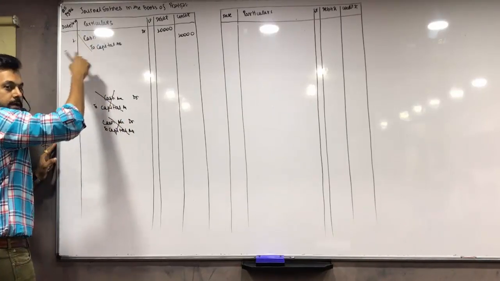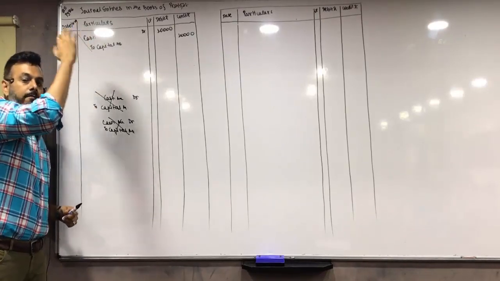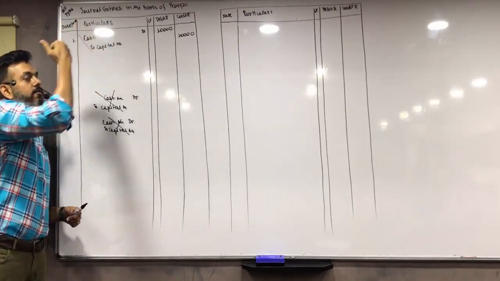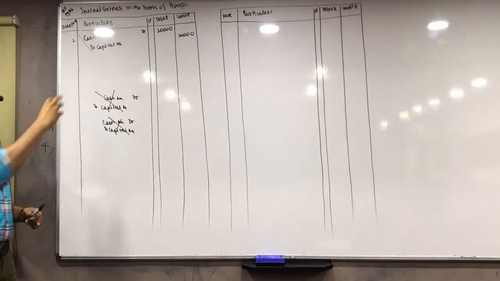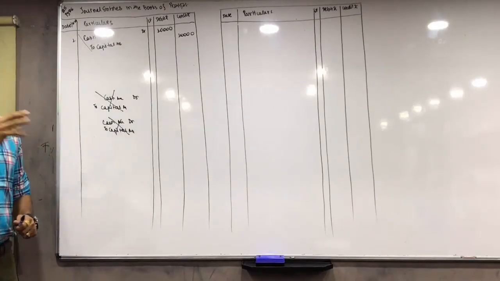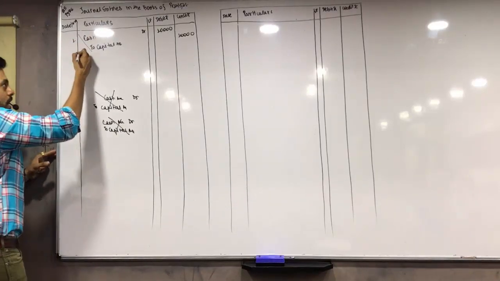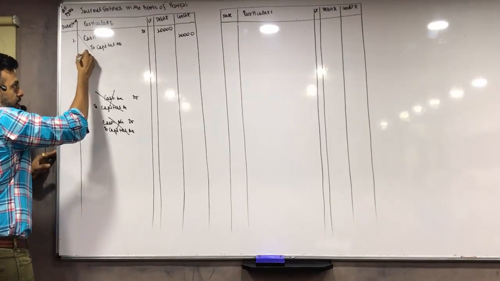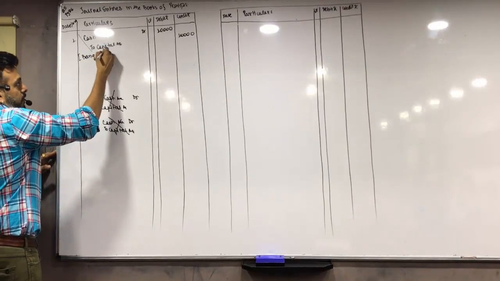This has to be like this. Now this is the journal entry, but a journal entry is always supported by a brief narration or explanation about what this entry is all about, with some additional detail if we want to mention. So after this we write narration, which begins from being brought